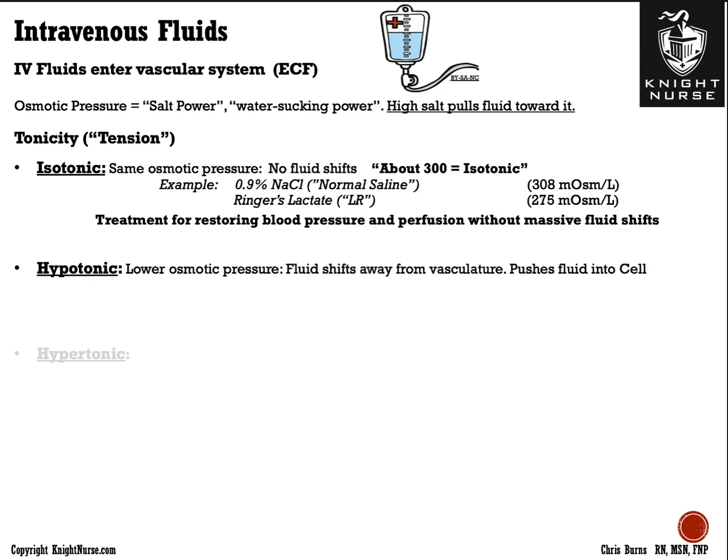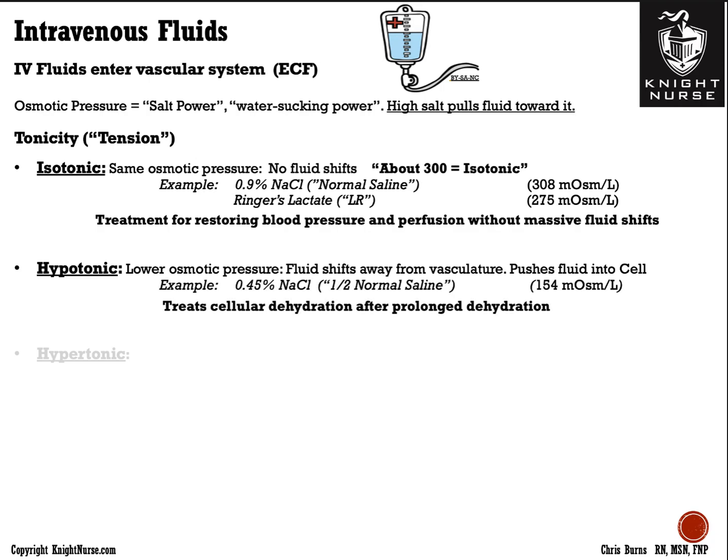Now, hypotonic fluids have lower osmotic pressure. So this means you are diluting sodium when you give them a hypotonic solution in their IV. So the fluid shifts away from the vasculature because you're lowering sodium. So, less sodium means water is going to go somewhere else. Fluid shifts away from the vasculature and it gets pushed into the cells. This is good for treating cellular dehydration after someone's been dehydrated a long time. Try to get some fluid right into those cells right away. Examples of this are half normal saline. You have to be very careful giving these fluids because you'll just keep on pushing fluid into those cells and